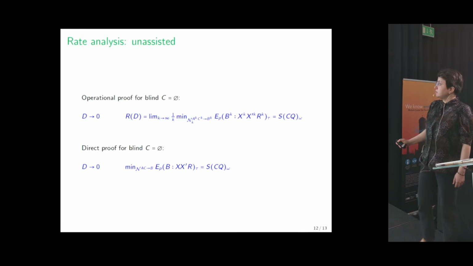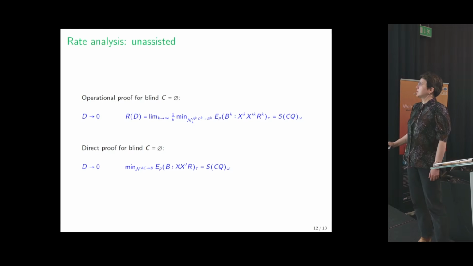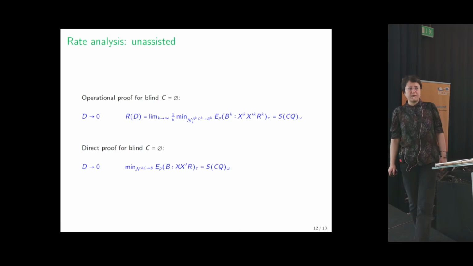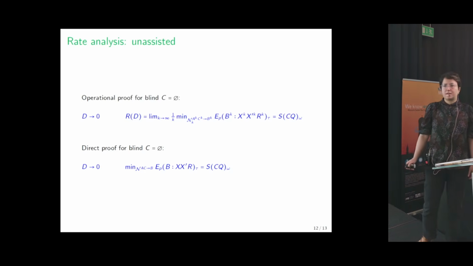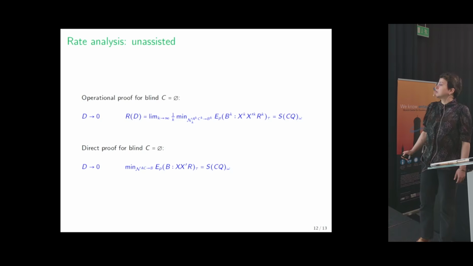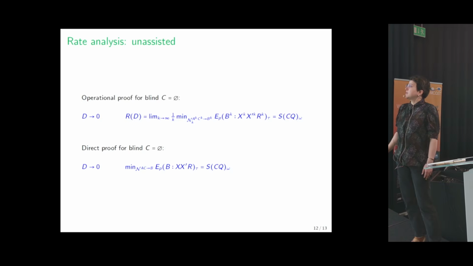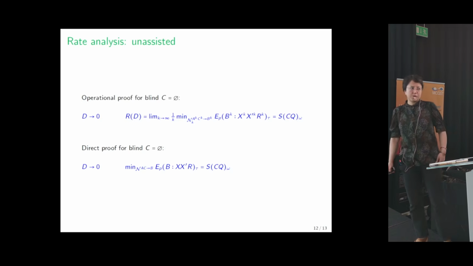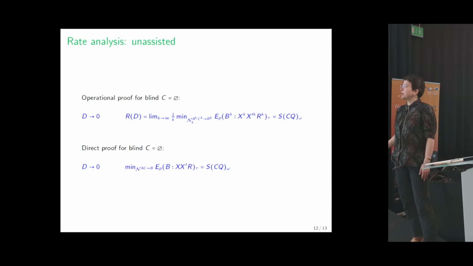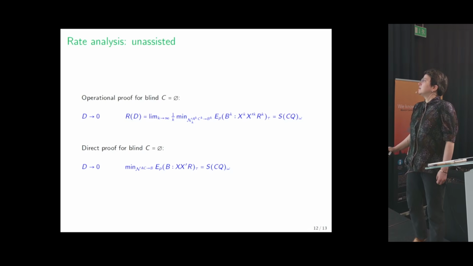Actually, this is not something that we prove directly in our paper. This is an implication from already existing compressions for mixed states from Koashi and Imoto, but we show that in the limit of very small distortion, our rate converges to this one. So we operationally prove this formula,